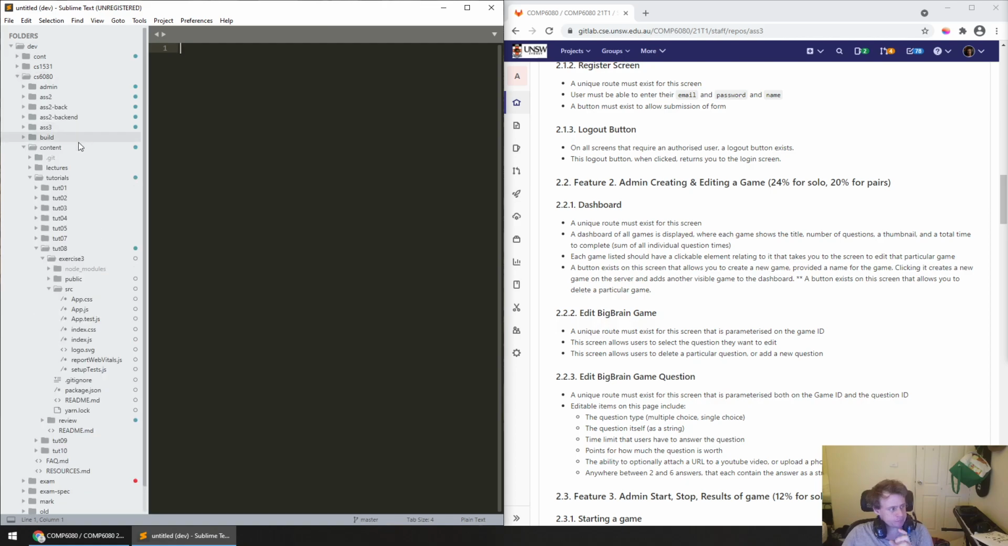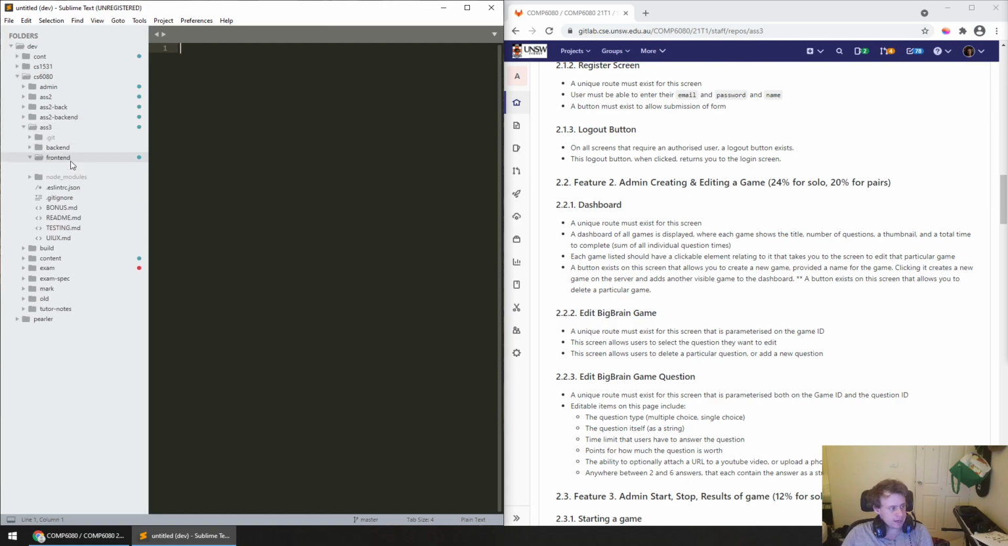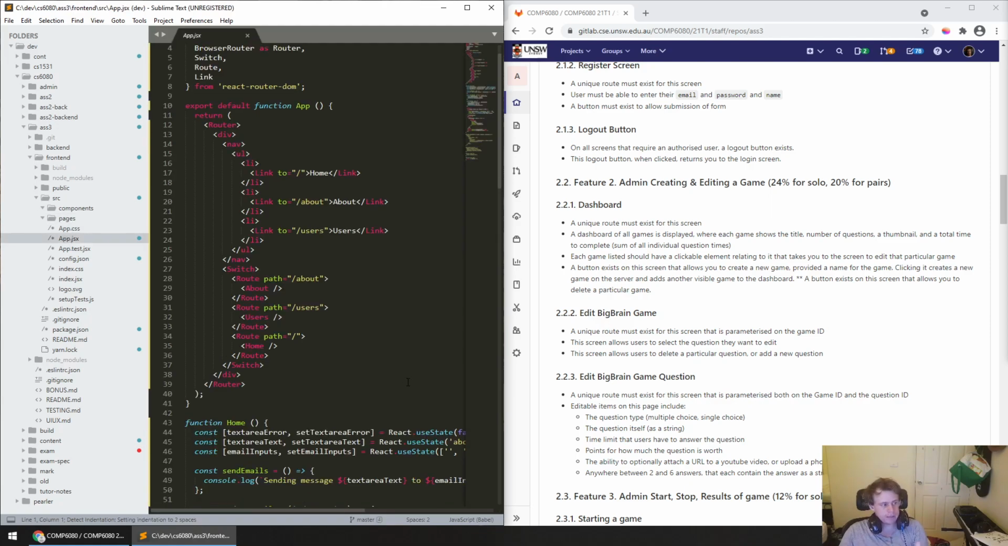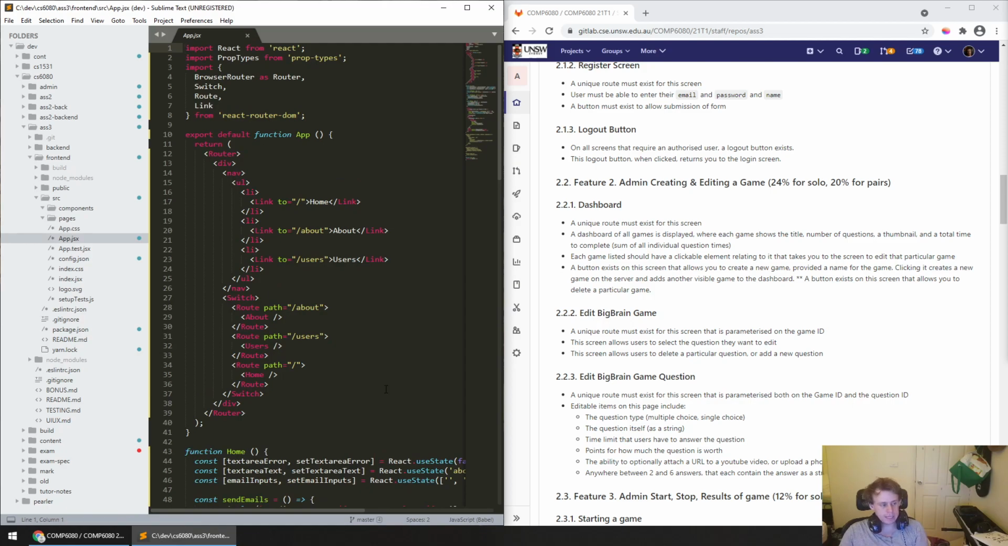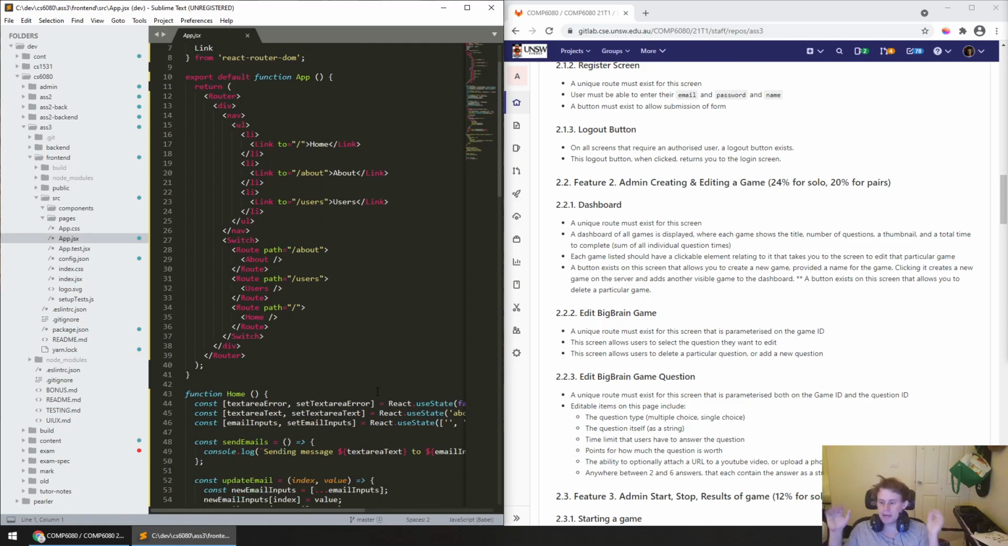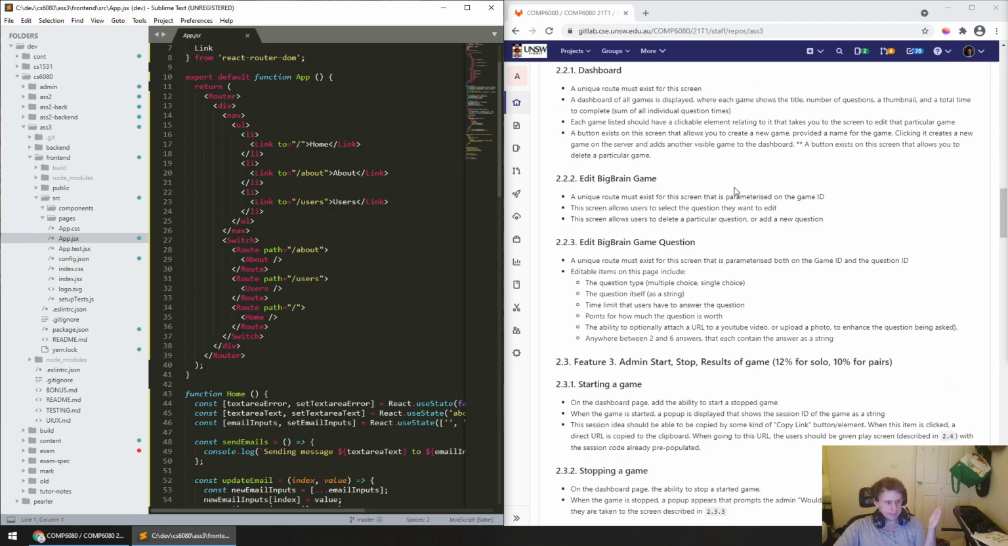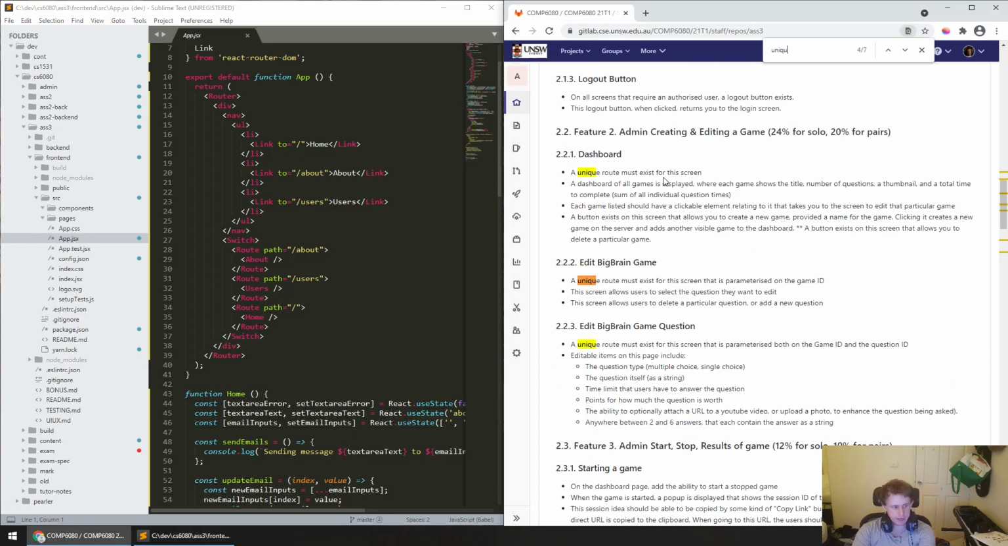What I would say is that for assignment 3, the general approach I'd encourage is having a pages folder and a components folder. The classic simple approach would be that your app.jsx would house your router and the key pages. So on your app, you're going to have a series of routes. Let's look at the spec. You'll have a route for register, login, a dashboard,